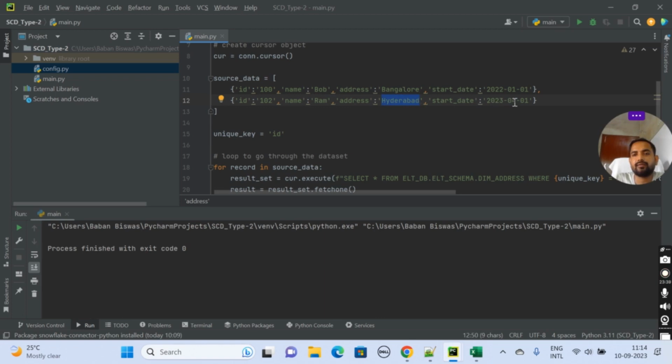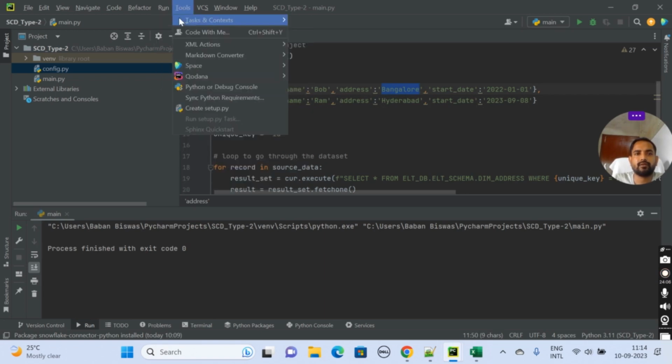Start date, what is the start date? We can give 9/08. Let's give it. Okay. Now we are trying to update the address from Kolkata to Bangalore for Bob, and we are inserting a new record also, that is for Ram. Okay, let's run it and see if it is working fine or not.